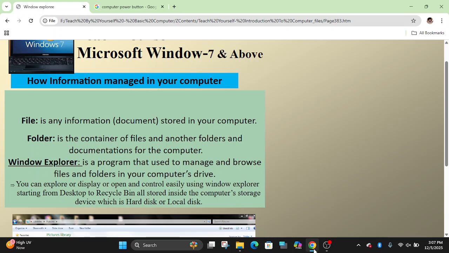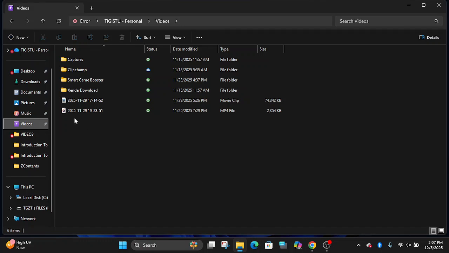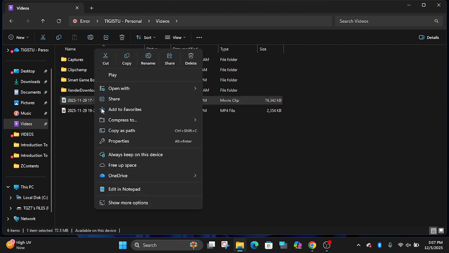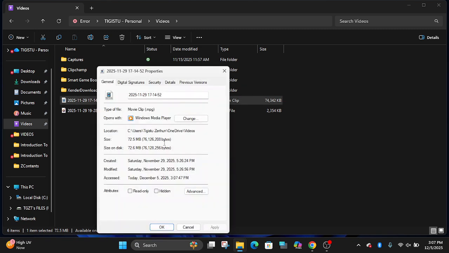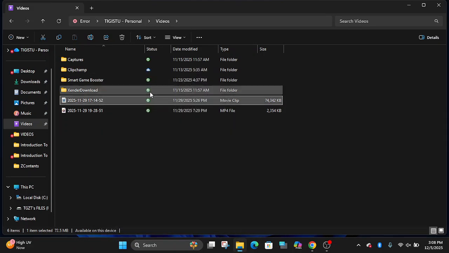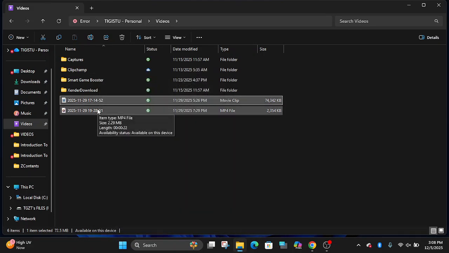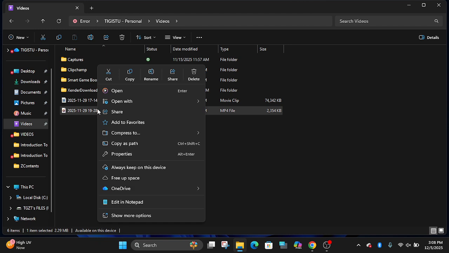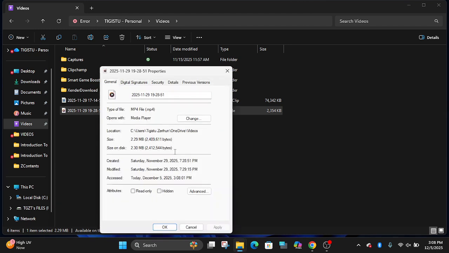After the file name, there is an extension name. For instance, to know it under video, right click on the file, then properties, to know the extension name. The type of file is movie clip, .mpg. It is a video file in MPG format. Here is also a video file but in a different format.